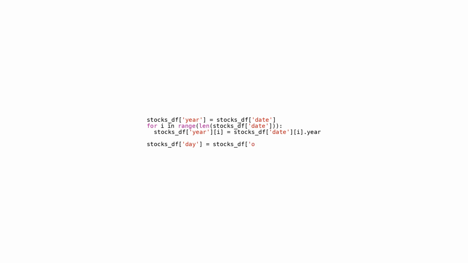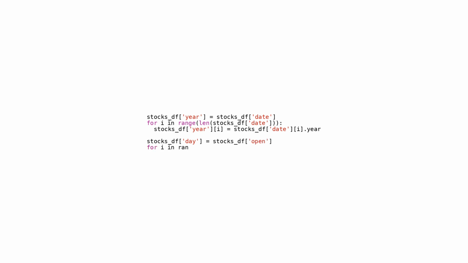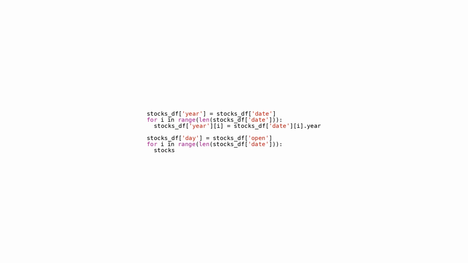This automation saves time and effort compared to manual data retrieval and manipulation. This code manipulates a data frame called stockStuff by adding two new columns, year and day. The year column extracts the year part of the values in the date column using the year attribute of datetime objects. The day column initially contains the open values but later updates them based on the weekday derived from the date column using the weekday function, which assigns a numerical value to each day of the week: 0 for Monday,